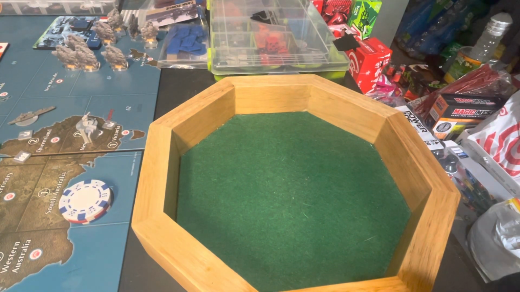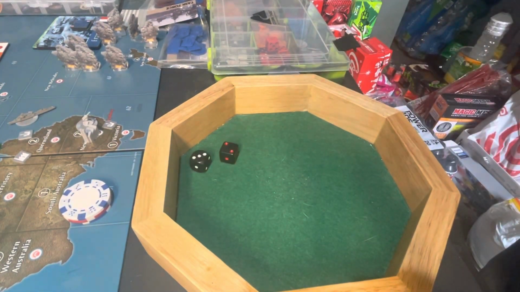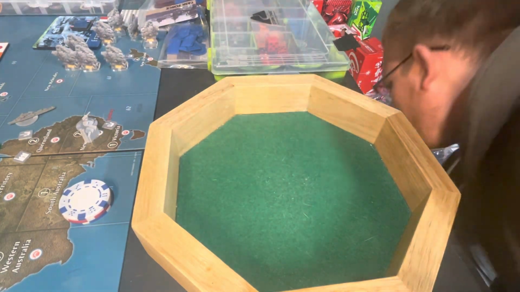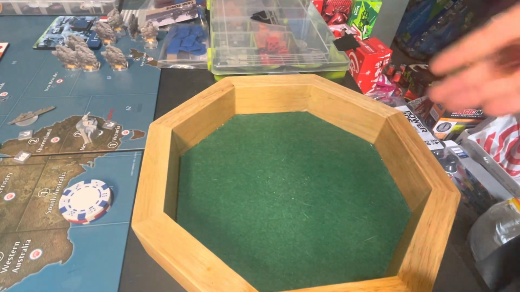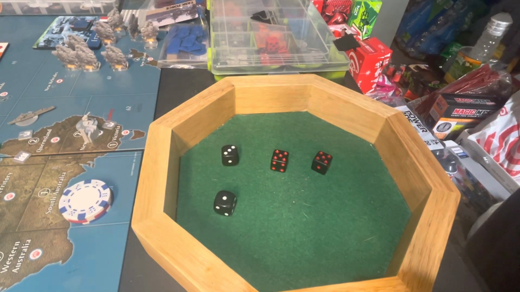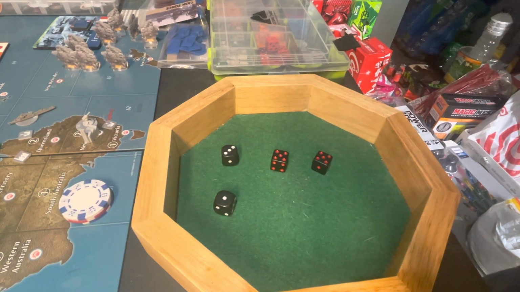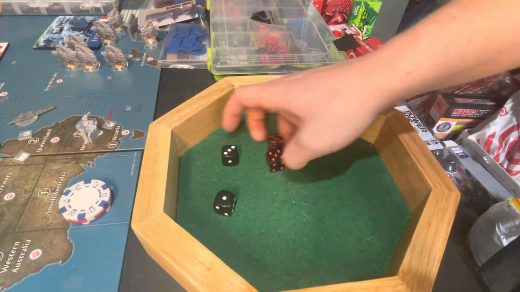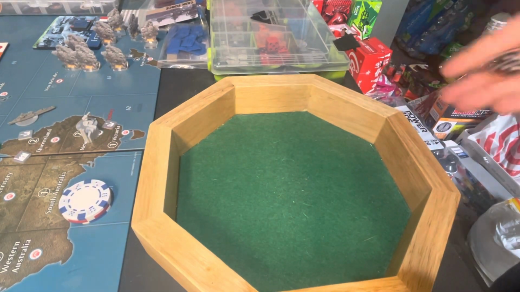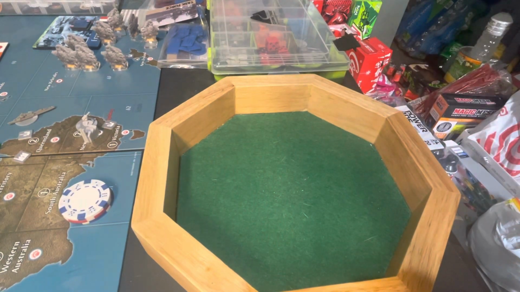So the Japanese have 7 for 1. Nothing. Whoops. Then they got 2 for 2. Still nothing. 2 tanks and 2 fighters for 3, so 4 for 3. And then 2 tacticals for 4. And they got 1. Okay, so the Russians...